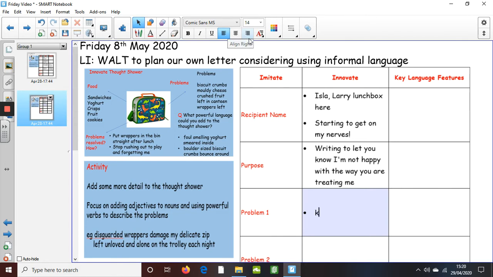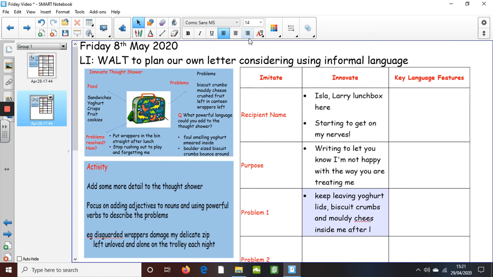So you might say you keep leaving yogurt lids, comma, biscuit crumbs, what else? Mouldy cheese, maybe cheese. Just say something like and mouldy cheese inside me